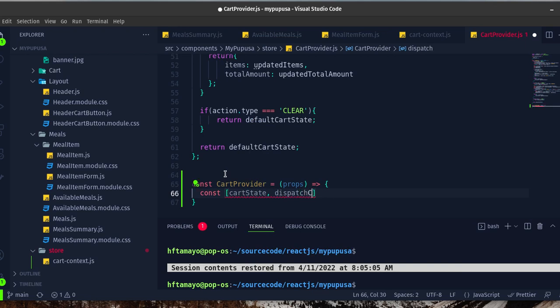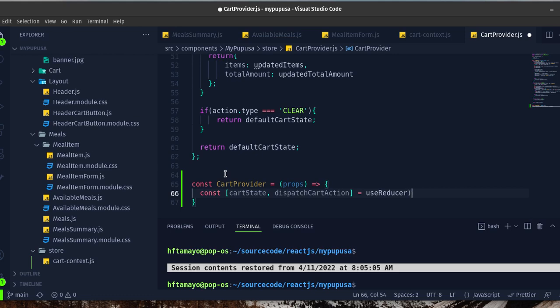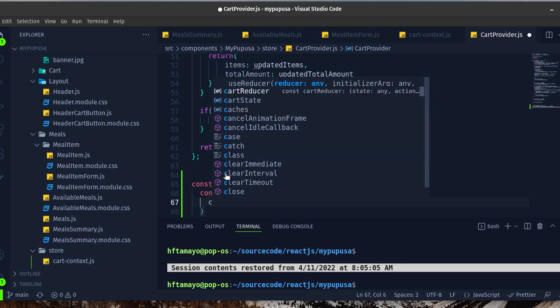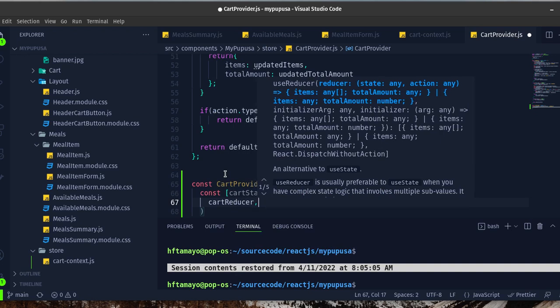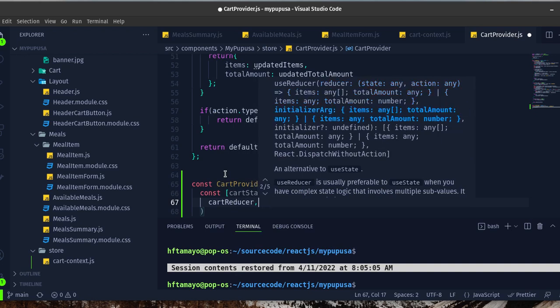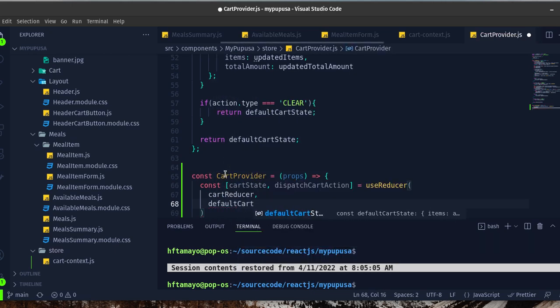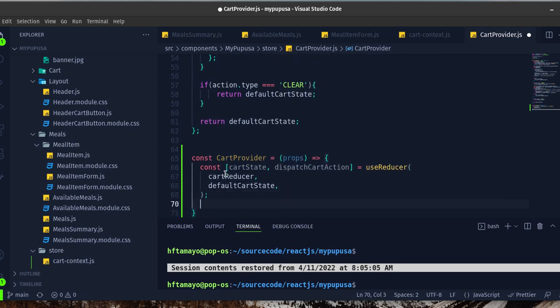and for this purpose we need to use a reducer, and the reducer will be composed by a card reducer object and also a default card state. Okay,